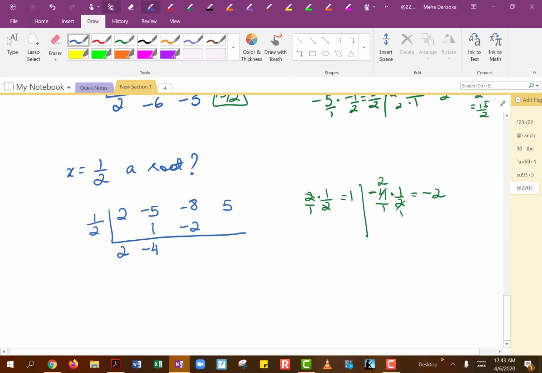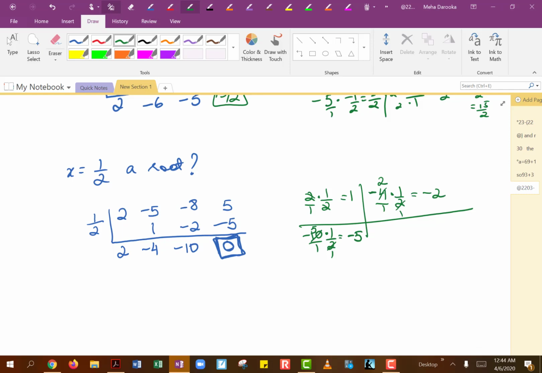So we've got negative 2 here, negative 8, and negative 2 gives us negative 10. We are multiplying negative 10 with 1/2. So 2 again goes into itself once, goes into 10 5 times, and we end up getting negative 5. And look at that, positive and negative 5 will end up giving us a 0 remainder. So if you have 0 remainder, then we can say yes,